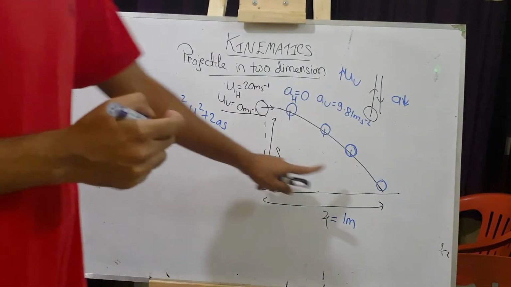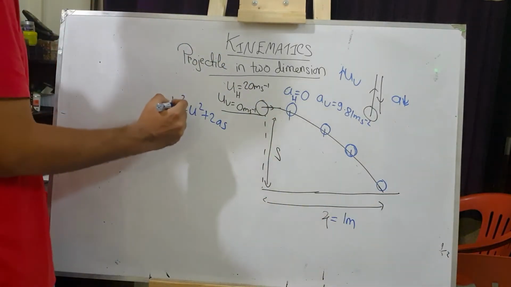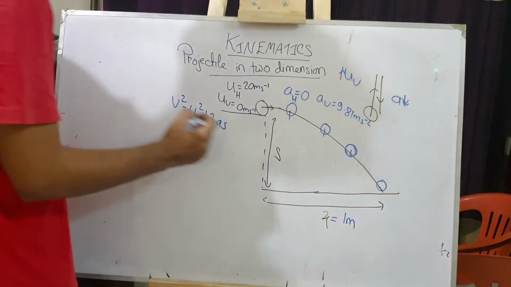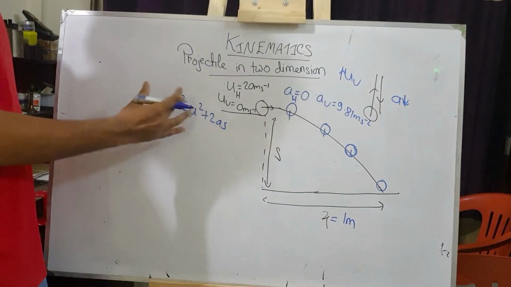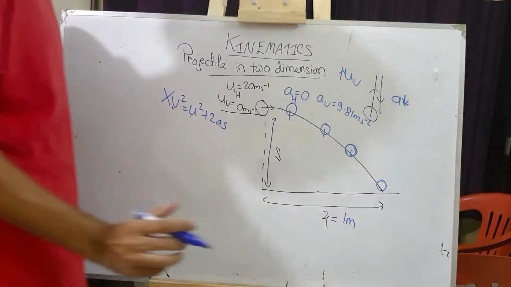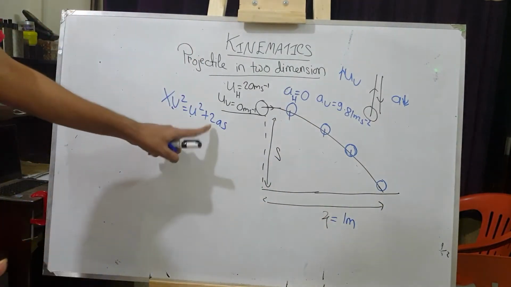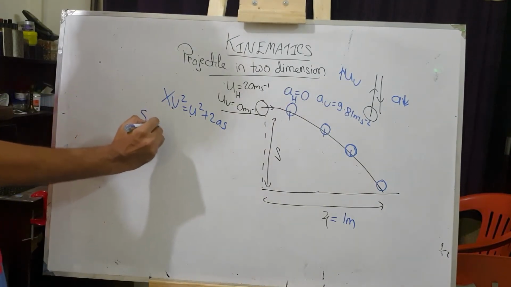Okay, horizontal velocity. Here there is no change in velocity, right? So just before hitting the ground or after hitting the ground, the velocity becomes the same as this one. Okay, so we can't use this equation. We won't go for this one, and we don't know the velocity just after hitting the ground, so it's better not to go for this one, and acceleration is 0. The equation we will be using is this one, ut